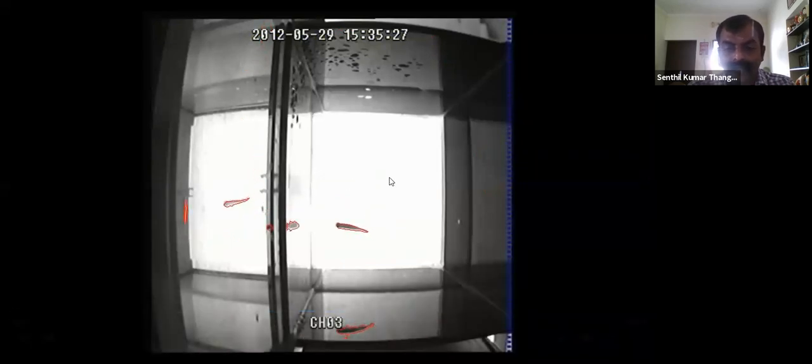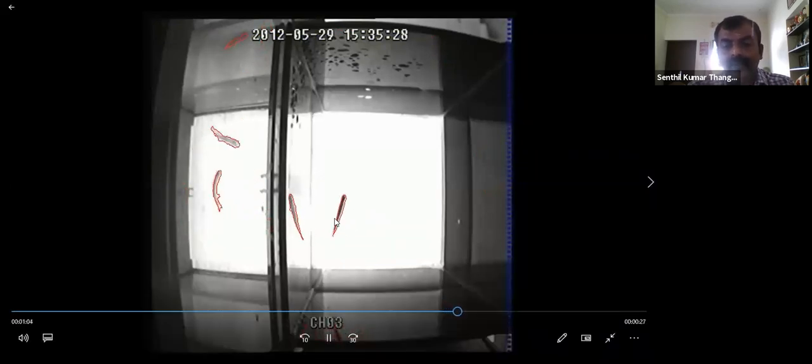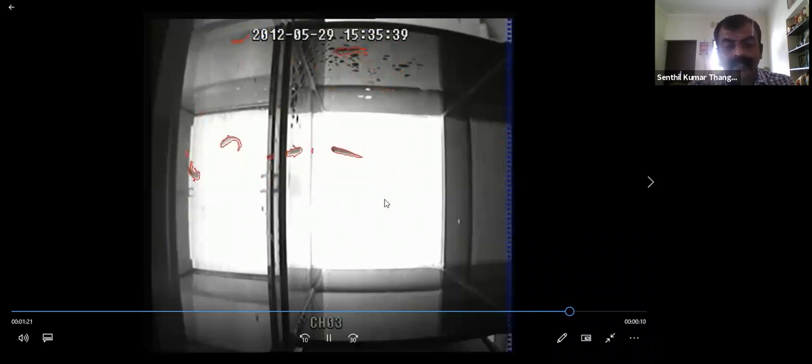So we have got the first level results where we are able to track the fishes. And by quantification of area, we are now able to say small fishes and big fishes. Now we are going to the next stage where if there are 5 fishes in that area, 3 big and 2 small, can you conclude that you have to put more food or less food, right? This is the next one. This implementation is done in Python.